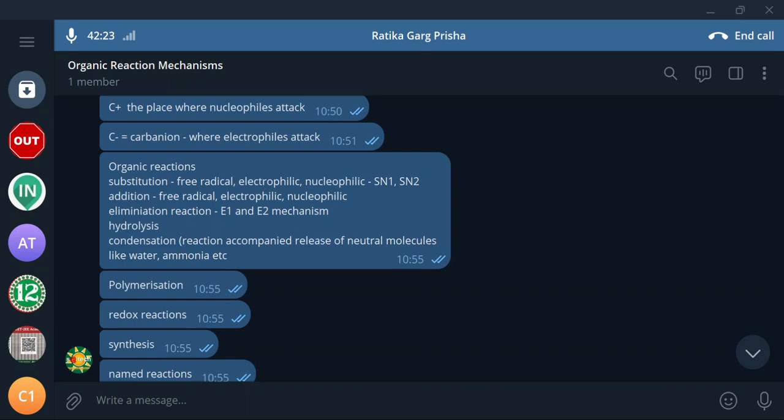So wherever you have unsaturation, unsaturation means the presence of a double bond or triple bond, C=C double bond or C≡C triple bond, there you can have this type of addition reaction, and how it is sourced, how it is triggered. Based on that, the mechanism is provided here. So addition occurs across the double bond only, right?